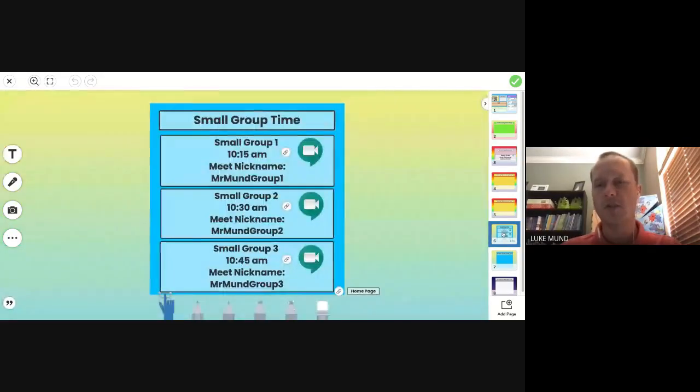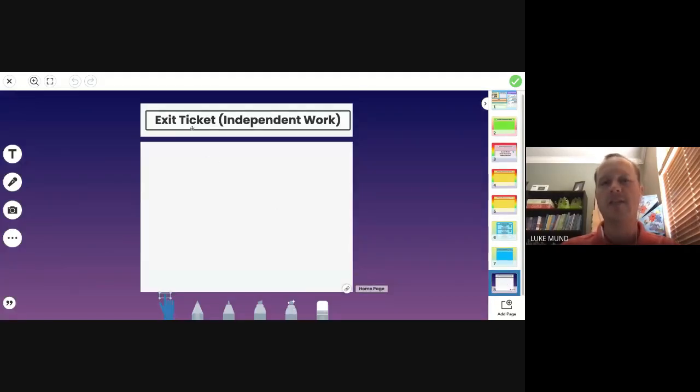How do my students join their small groups? It's the same thing. What does their exit ticket look like? It's going to be a similar space, maybe different questions. Maybe I want them to respond with videos. Sometimes I want them to respond with drawings. That's fine, but it's going to look the same. So our students have predictability, and our parents can know what to expect and how to assist their students as we're working remotely. So that's our activity library.